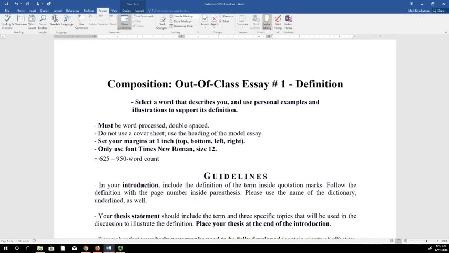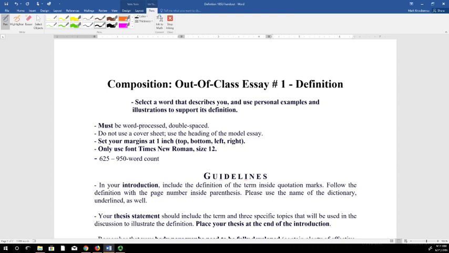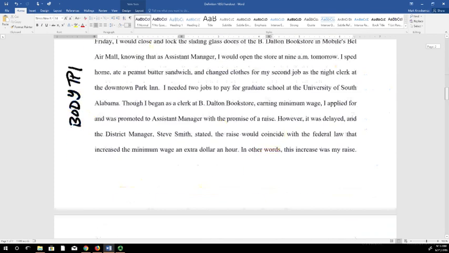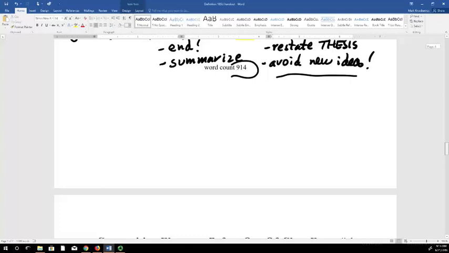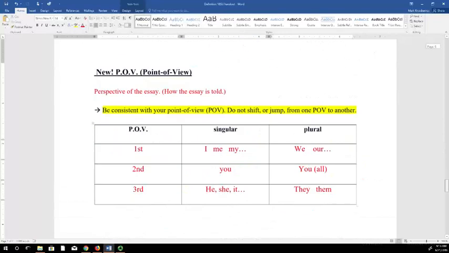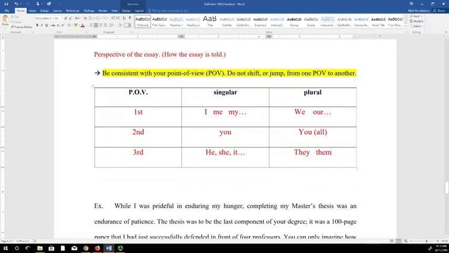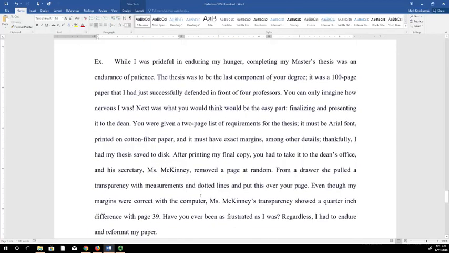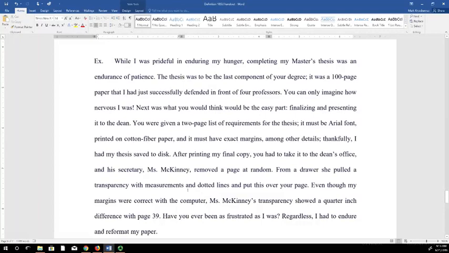Now, if you reflect back upon the essay guidelines, we zoom up and we look at the prompt, right? What do we see here? Let me pull up some tools. What do we see? That describes you. So now, why is this important? Well, who is the teller of the essay? Whose essay is it going to be? It's going to be your essay. So the point of view that you want to have is first person point of view. And you have to be consistent. There's no shifting.